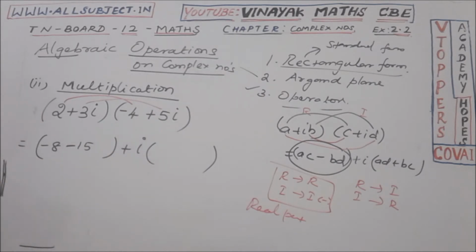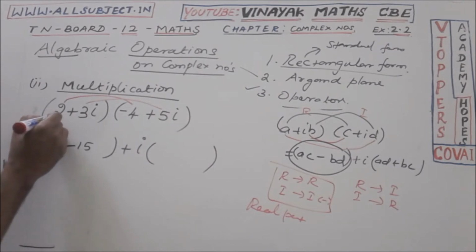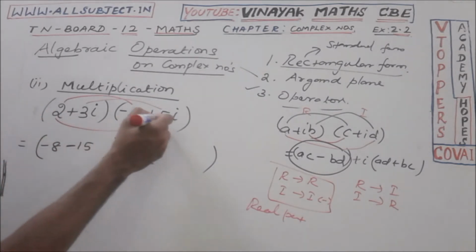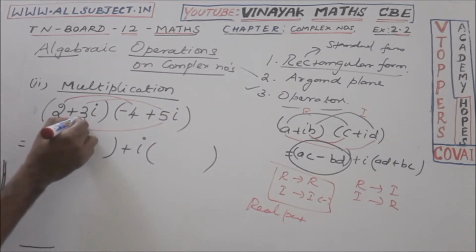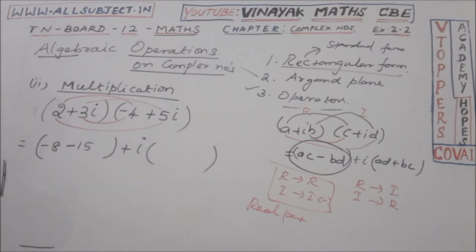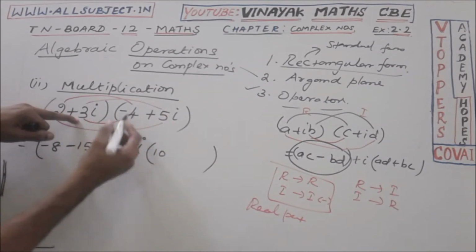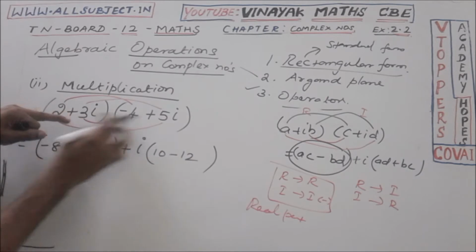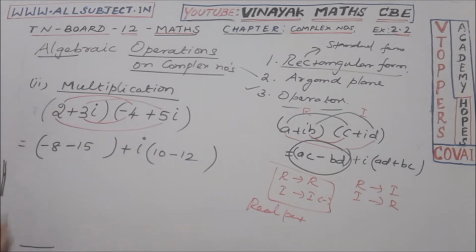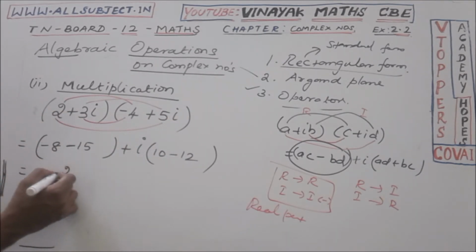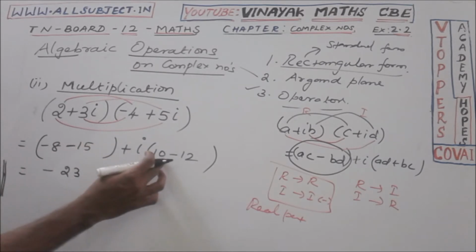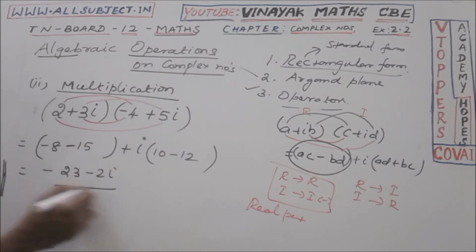Then, to move to the imaginary part, check here. This real and imaginary should be multiplied, and then this imaginary and the real of the second one should be multiplied. So, multiply here now. We will get 2 into 5, 10, and 3 into -4, -12. For both the terms we have i, that is taken out common, which is equal to -2i. That's all. This is the product of two complex numbers. Easily we can write it.